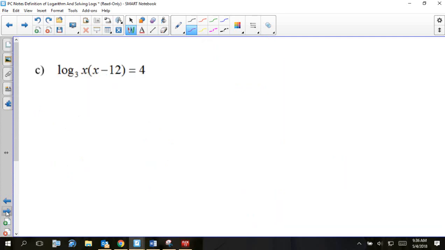Next one. To solve for x, it's part of that logarithm. I need to cancel out the logarithm. What should I do? Split. How many symbols is that though? So we're going to exponentiate both sides. We're going to do 3 to the log base 3 of x times x minus 12 equals 3 to, oh,